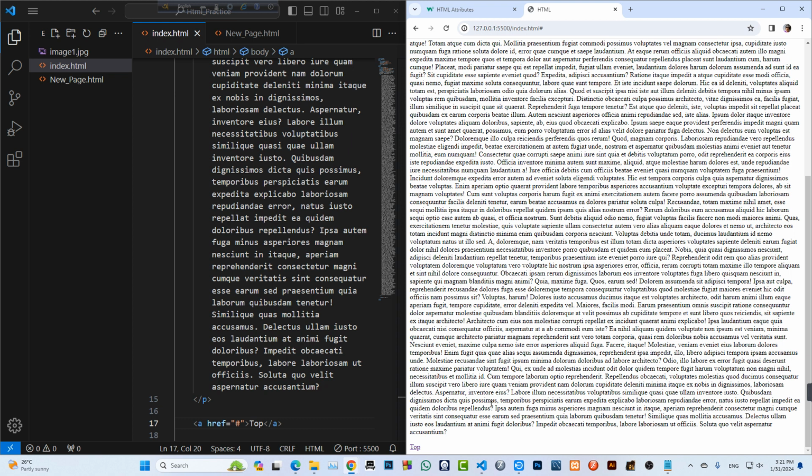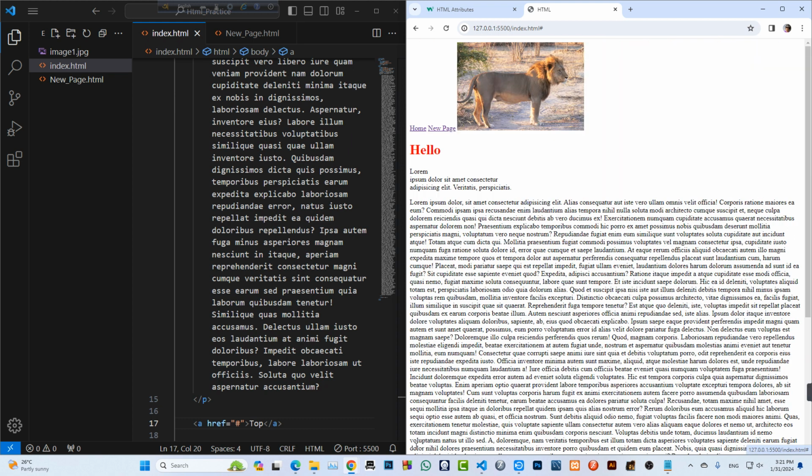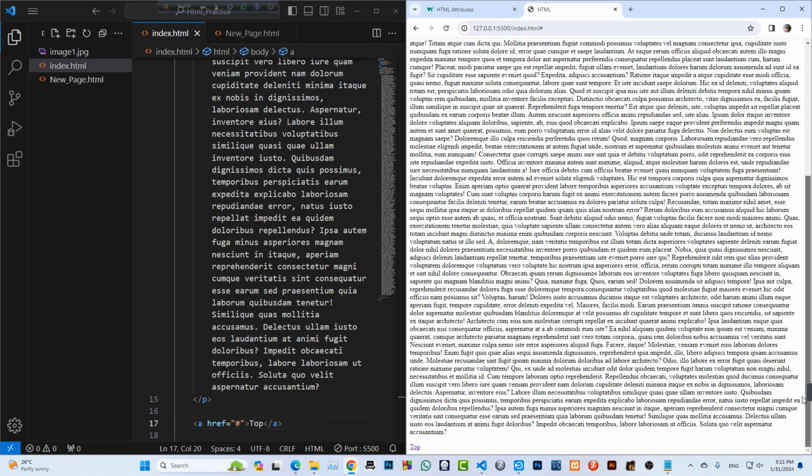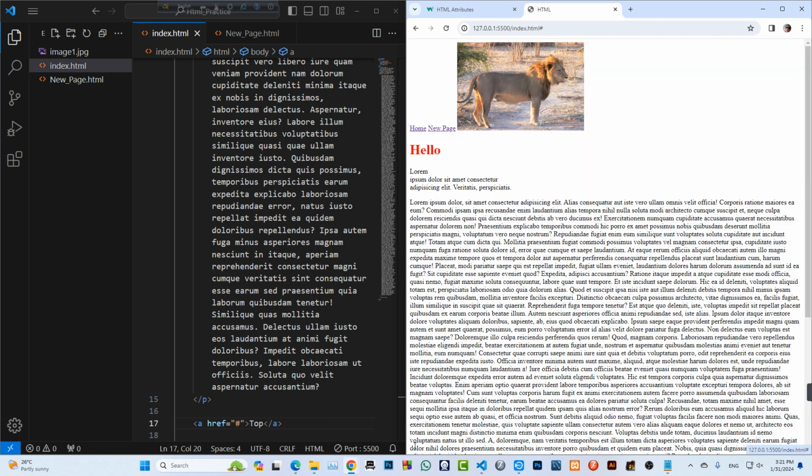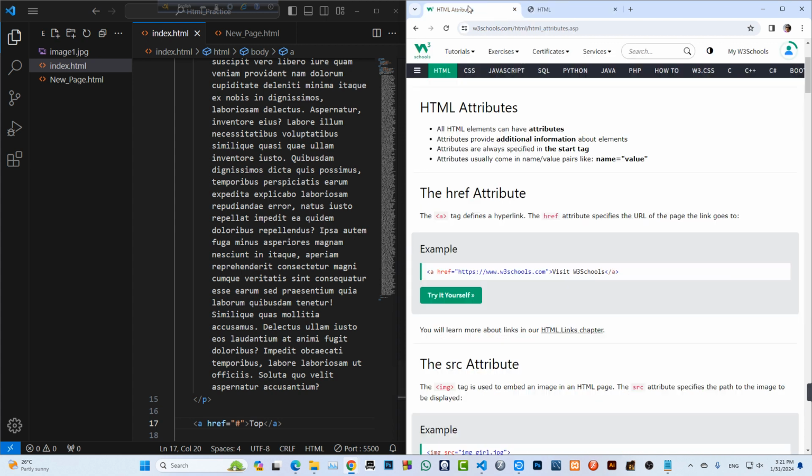Sorry, top of the page. If we click on the top button, it's the heading of this page, top of the page. Okay, now we are going with